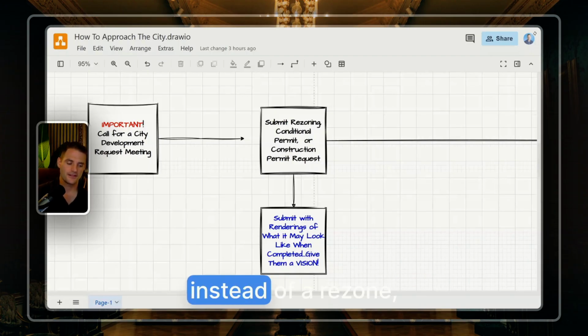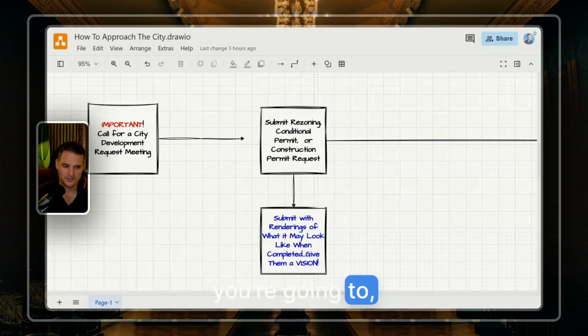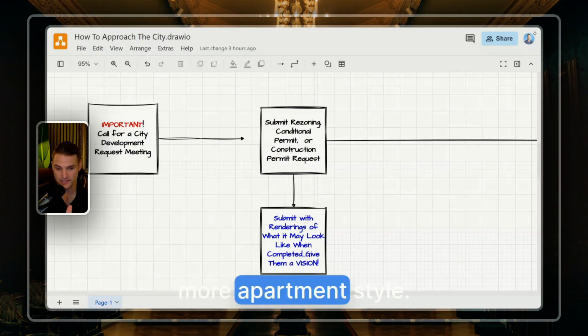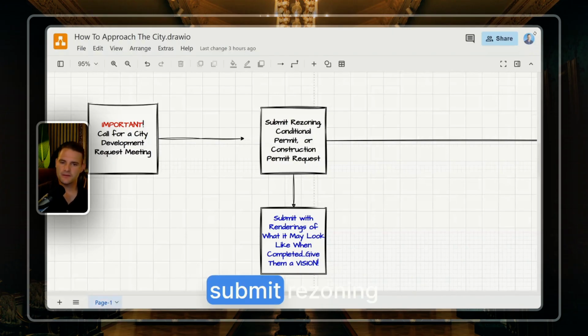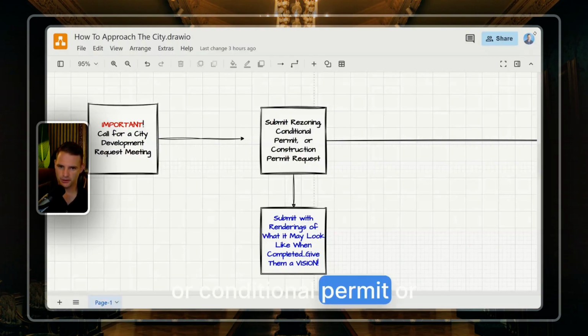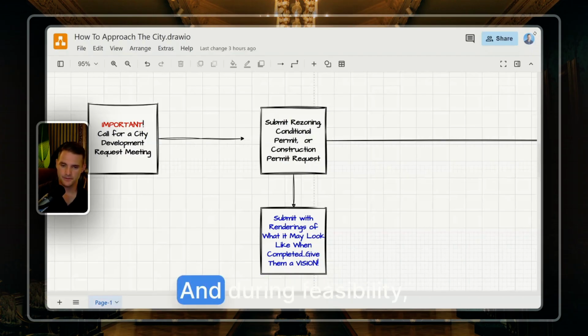And maybe instead of a rezone, you're going to add features to the property to make it more apartment style, but it's still a hotel. So submit rezoning or conditional permit or construction permit request. These cost money, and during feasibility, you're going to be spending that money.